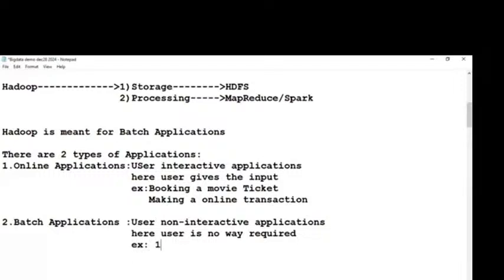Here, an example: railway ticketing PNR status. Currently our status is 2